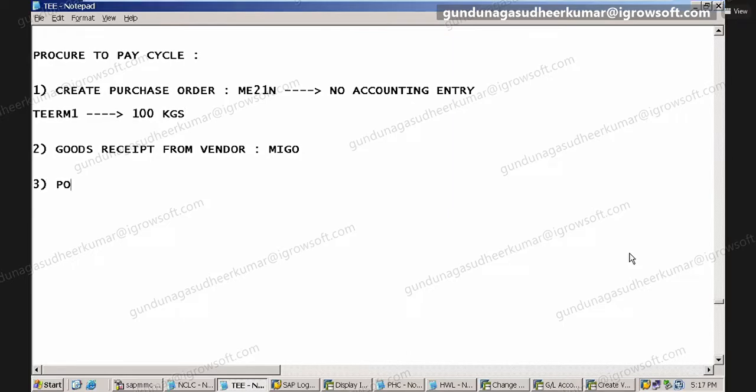PO based invoice posting, purchase order based invoice. That is nothing but MIRO.